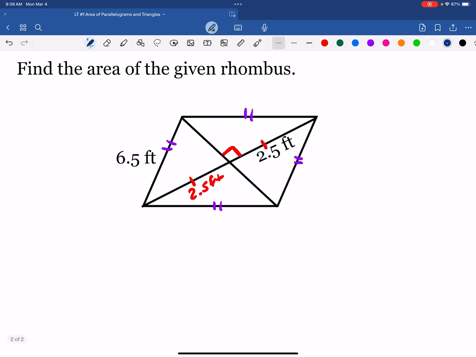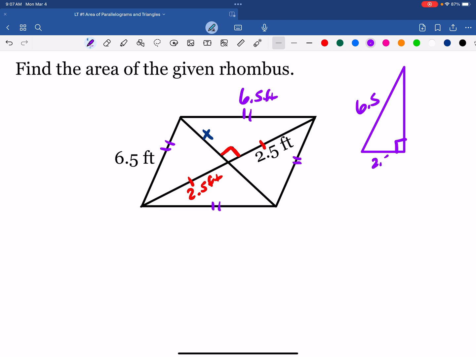What I don't know is this value. So what I do know is that I can set up a right triangle. And I know that the hypotenuse, opposite the 90-degree angle, is 6.5. I know 2.5 is one of the legs, and I can solve for what x is. So simple Pythagorean theorem. And we solve this for x. So we get x is, let me type this in,